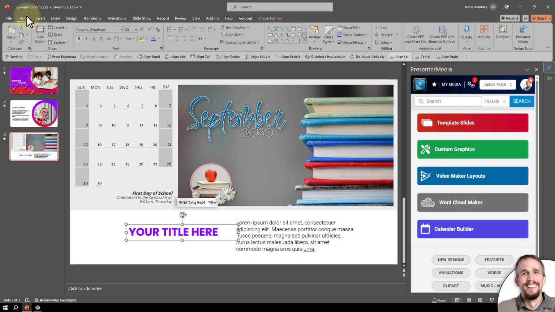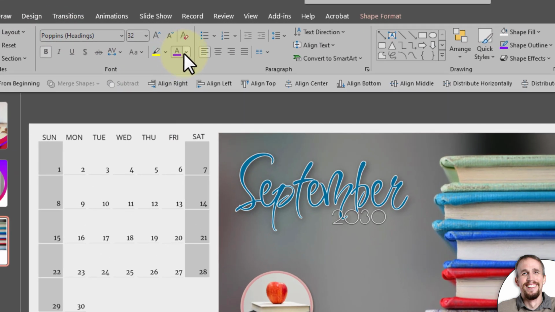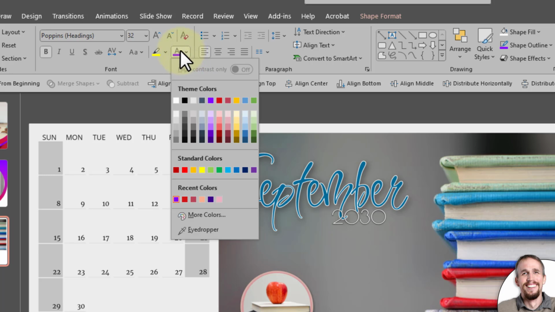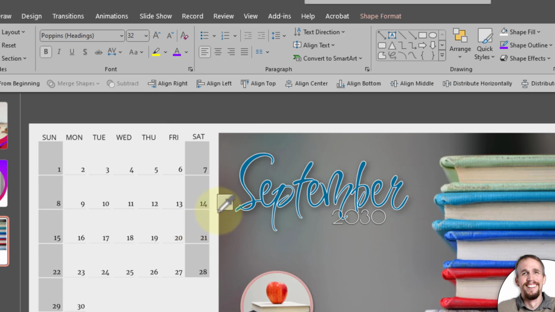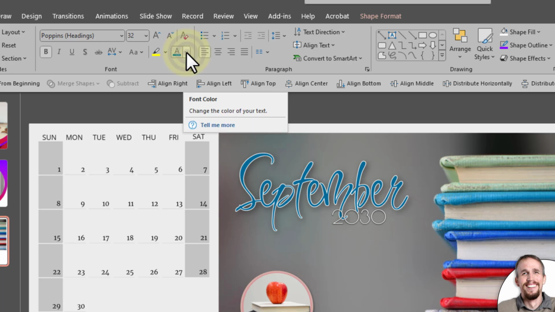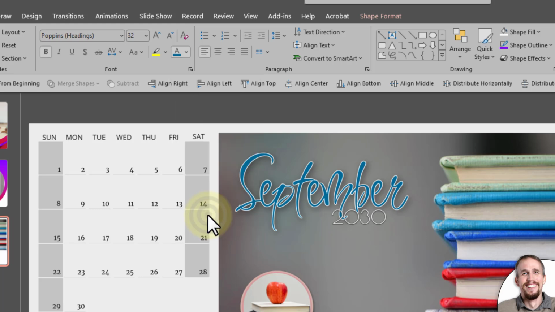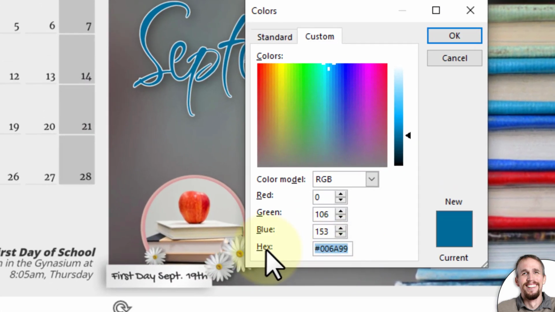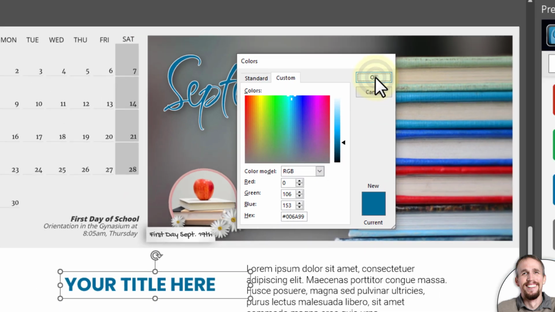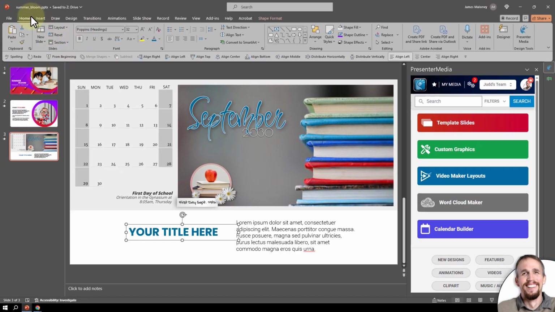I'm going to go up to home, go to the color selector for the font, go to eyedrop, and I'm going to select September, the color that September is, and then go back to more colors, copy that hex number by dragging over it, right-clicking, copy, okay, and now I'm going to go back, now I'm going to go to,